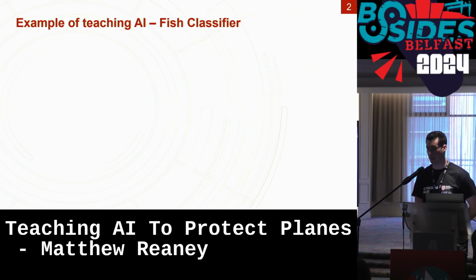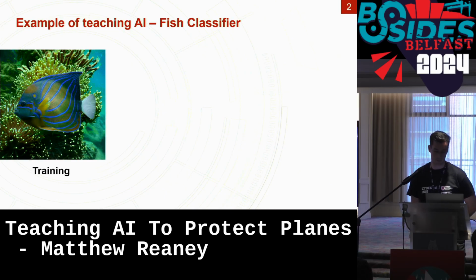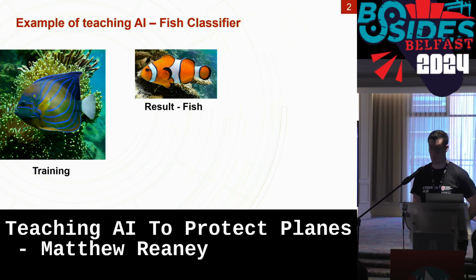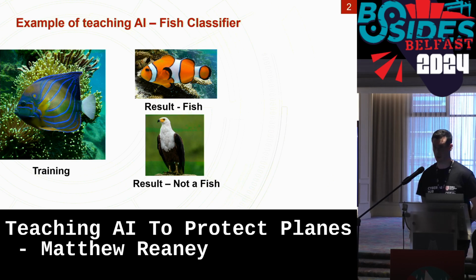So we've all seen classifiers, or hopefully know the idea, but you basically train them on something to do a task. So for this, it's classifying fish. So we train it on fish, and then we test it on fish, and hopefully it says this is a fish. And then if we feed it something that's not a fish, it hopefully says this isn't a fish. So by looking at the accuracy alone, like something like this, we can say that works really well.